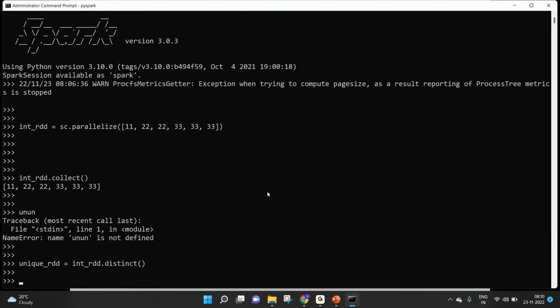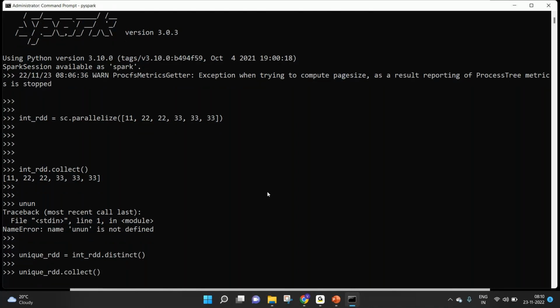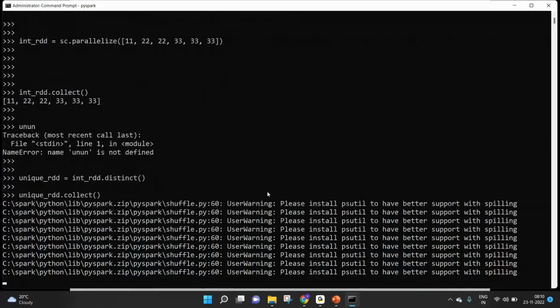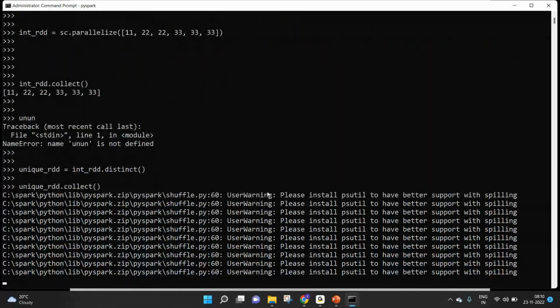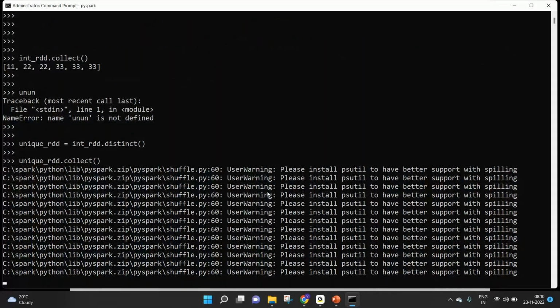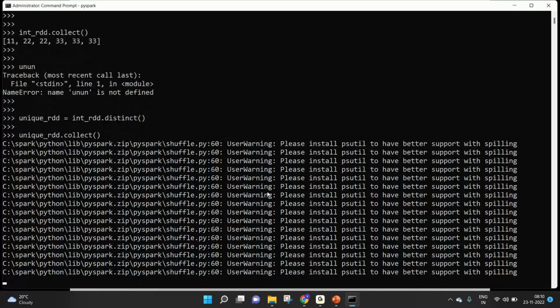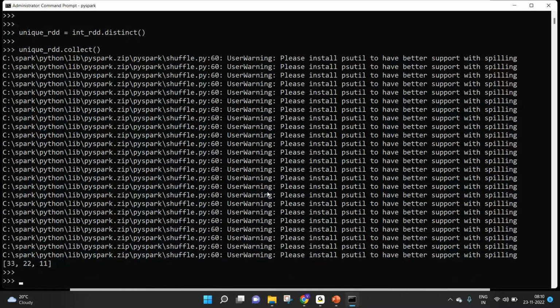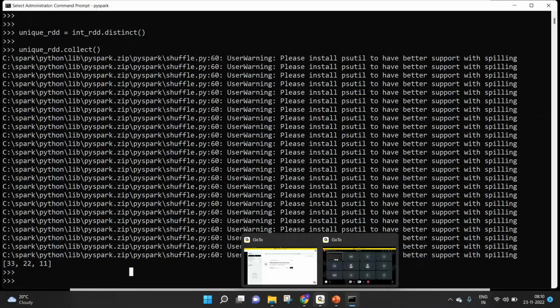So let's look at the contents of unique RDD now. Now you might see these warnings, ignore these warnings. Finally, you can see that there are only the unique elements here. And one important property of distinct is after listing, the number of elements must be less than or equal to your